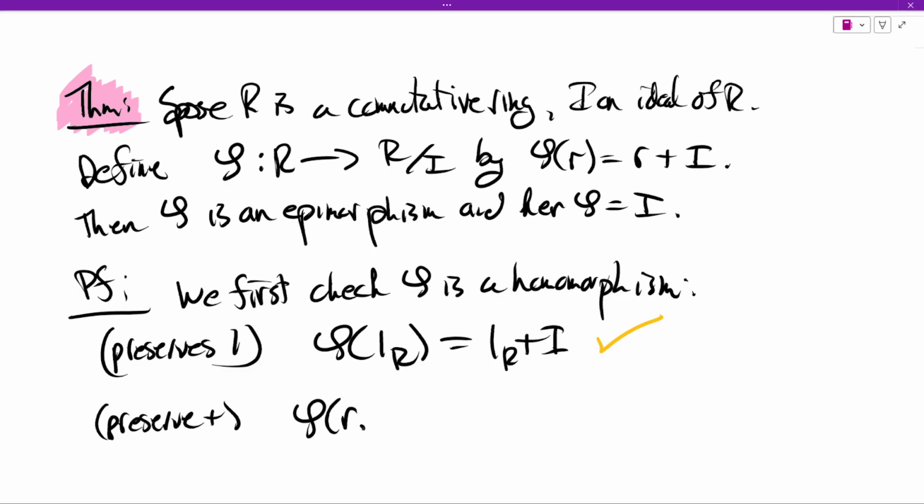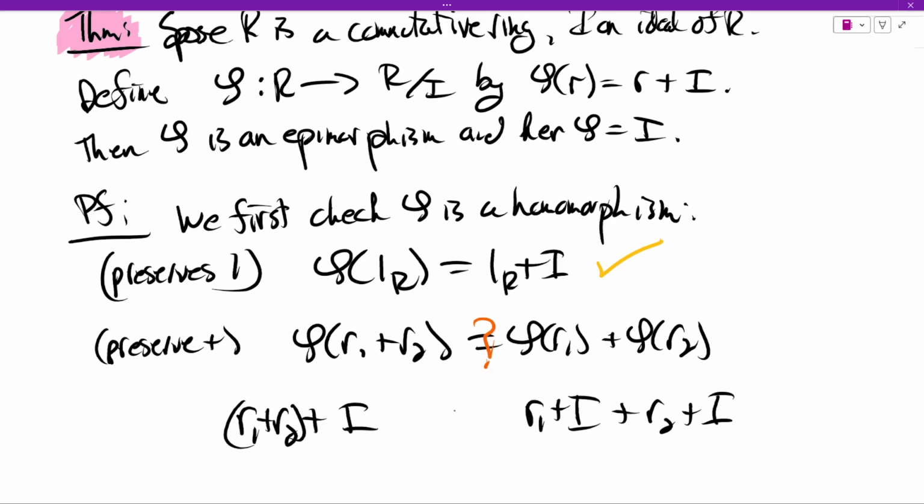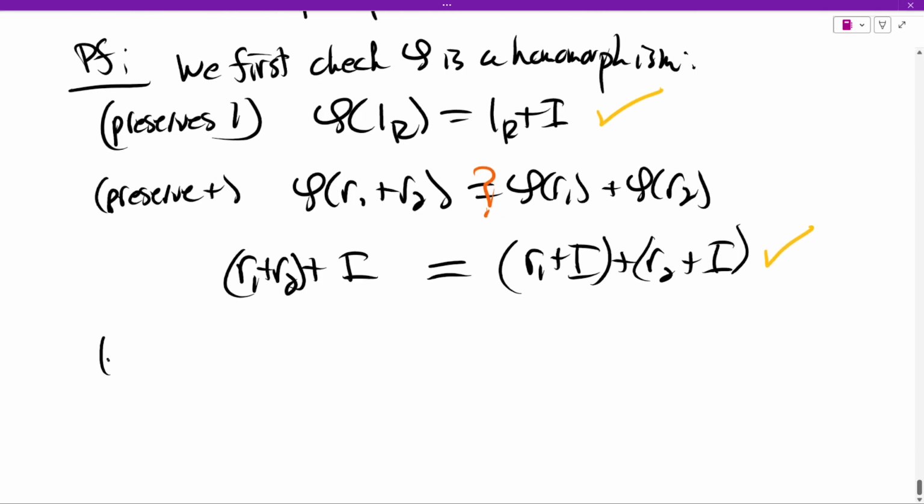It needs to preserve plus. That is, phi of r1 plus r2 should be equal to phi of r1 plus phi of r2. So again, this is something we need to check. It's not something that's obvious. We can't just write equals and we're done. No, we have to check. So phi sends r1 plus r2 to its coset. Phi of r1 is going to be the coset of r1, and r2 is the coset of r2. So are these things the same? Well, yeah, this is exactly how we defined addition, and we had to show it was well defined. So we actually already went through the proof that this works. Similarly,